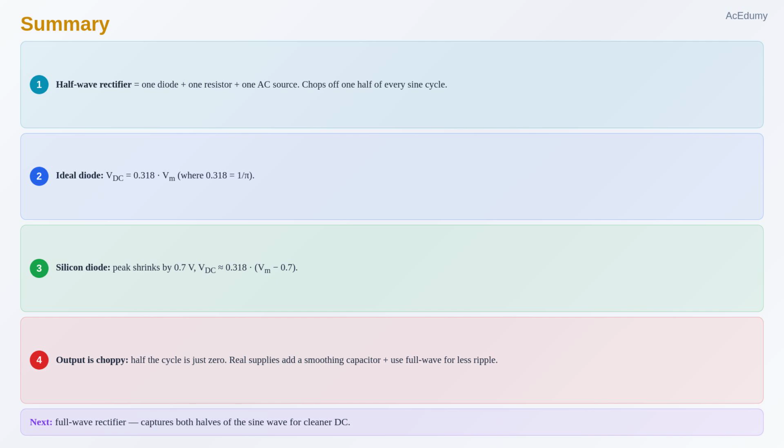With a silicon diode, the peak shrinks by 0.7 volts, and V_DC drops to roughly 0.318 times Vm minus 0.7. The output is choppy, half the cycle is just 0. In real power supplies, we add a smoothing capacitor and use a full-wave rectifier instead, which captures both halves of